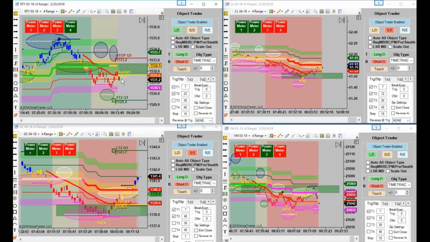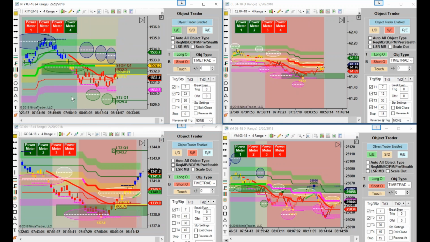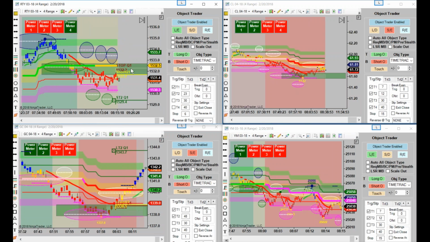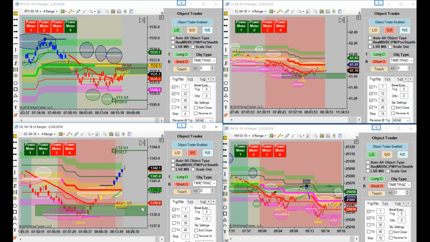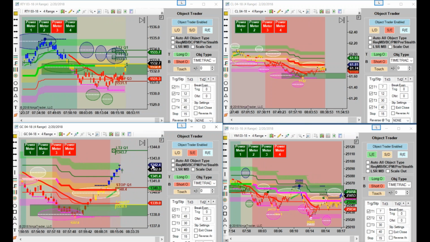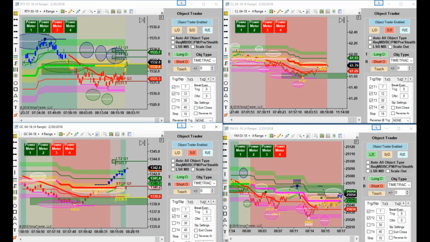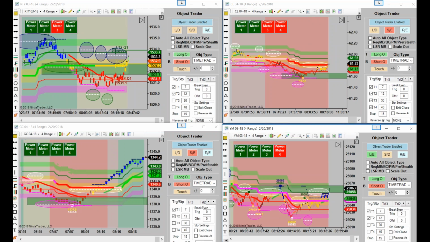Now notice I didn't even go to break even on this one yet. I'm going to go ahead and go to break even, like right across here. But keep in mind that we're also going to flip this thing if it actually takes out that box to the upside. There we go. We just got our target on gold, totally.